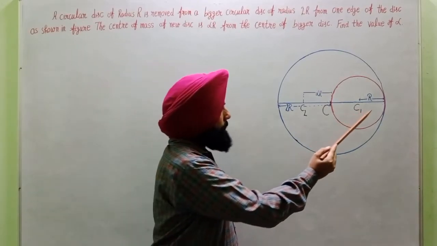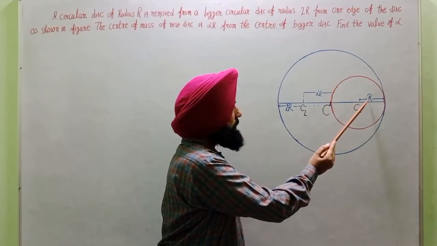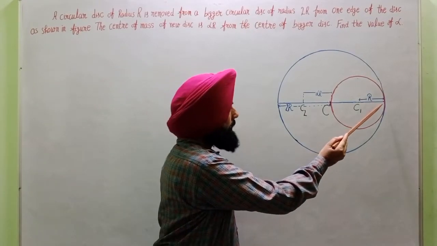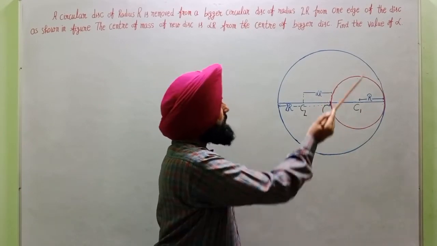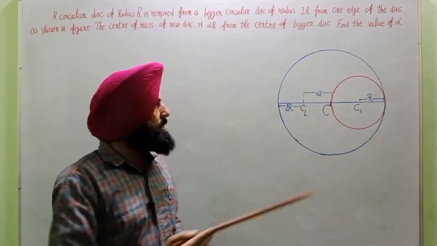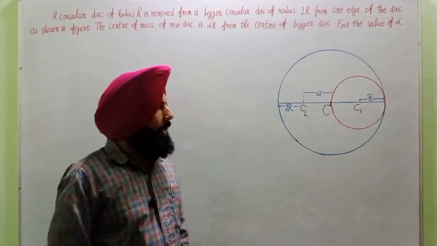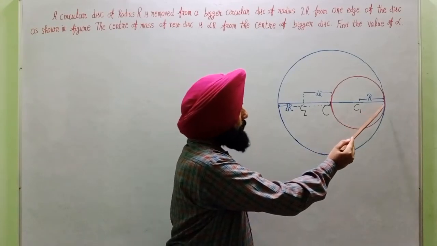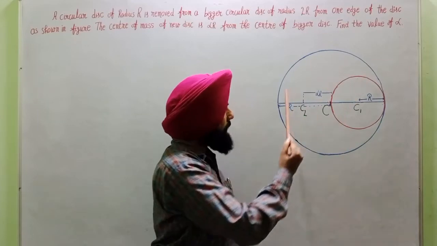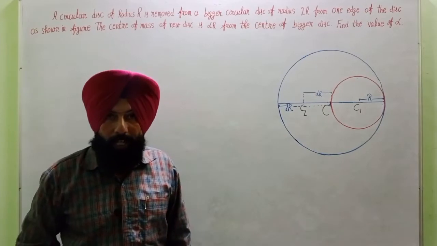And one of the circular disks whose radius capital R is removed from the one edge of this big circular disk whose radius is 2R, and the small disk which we have removed from the bigger circular disk has radius capital R,